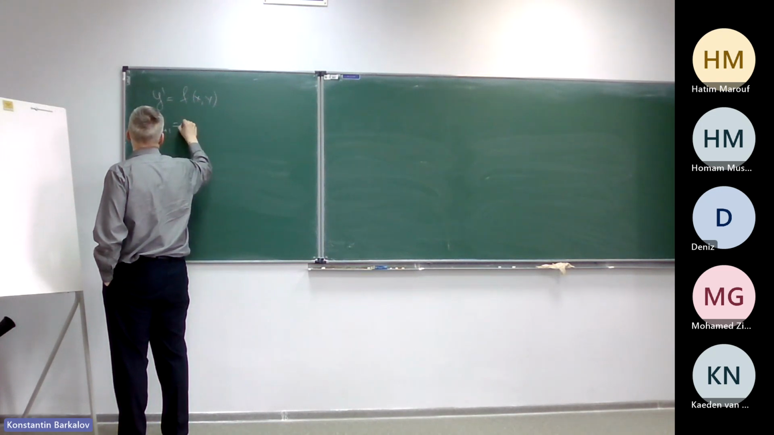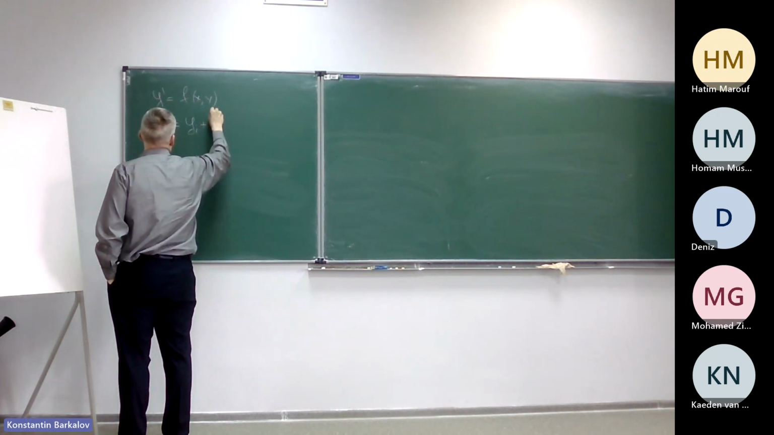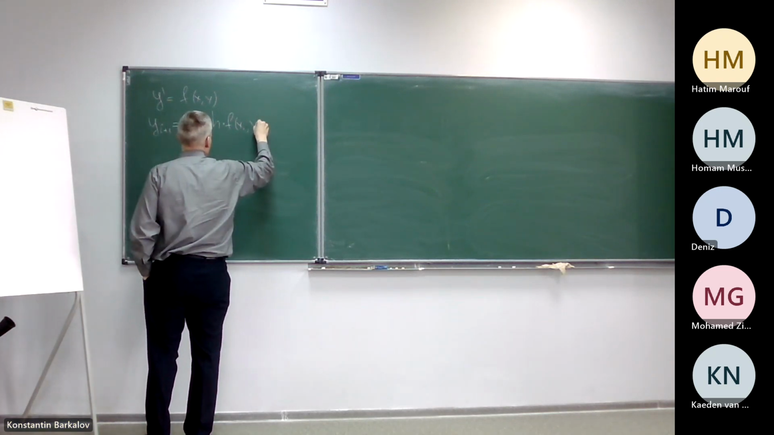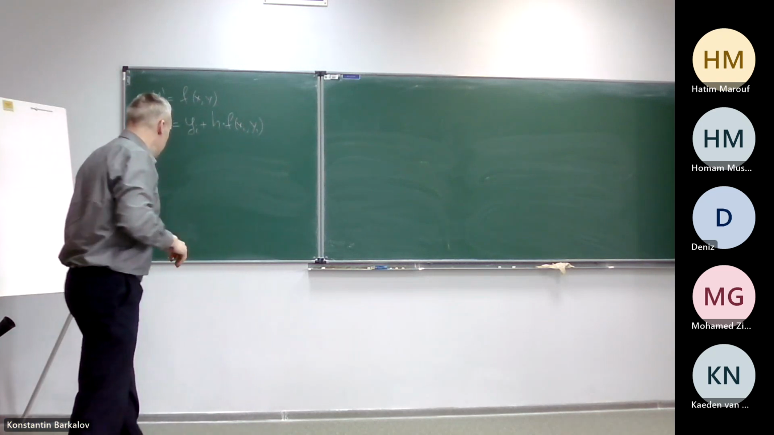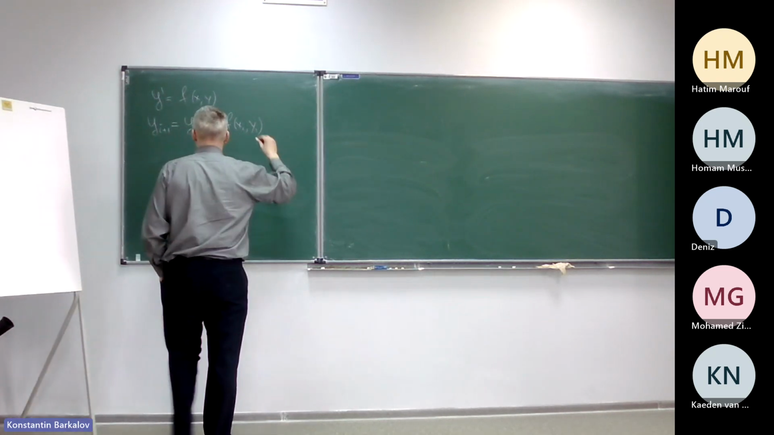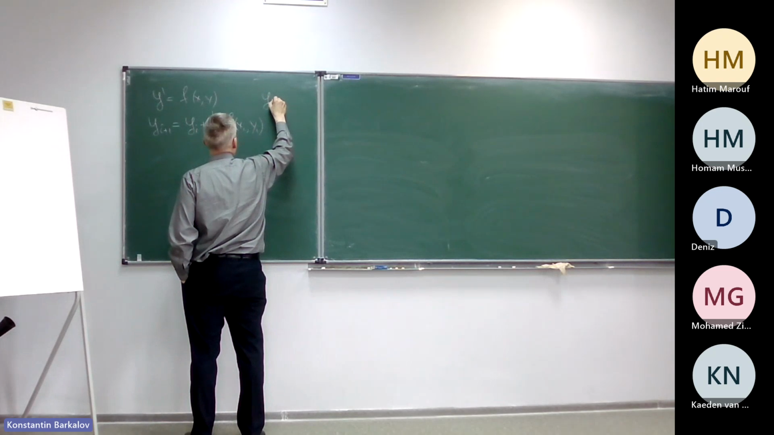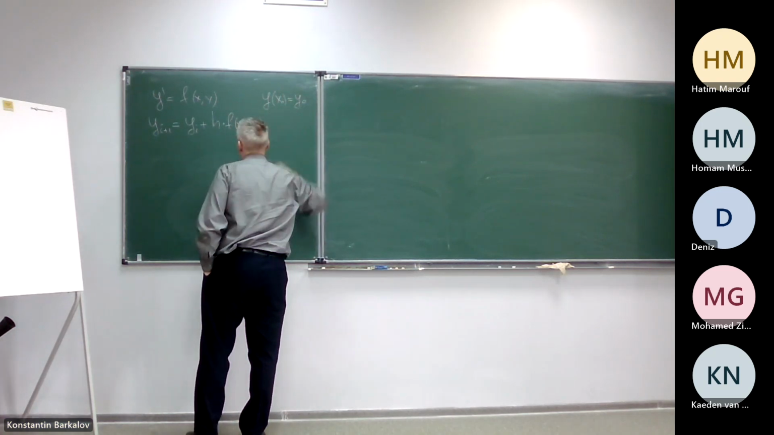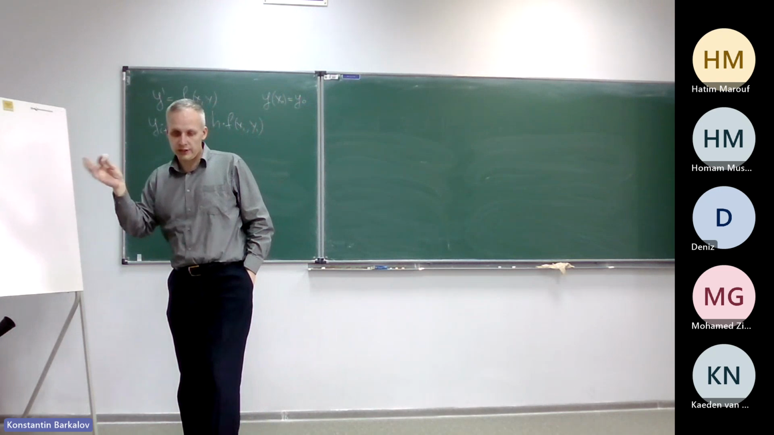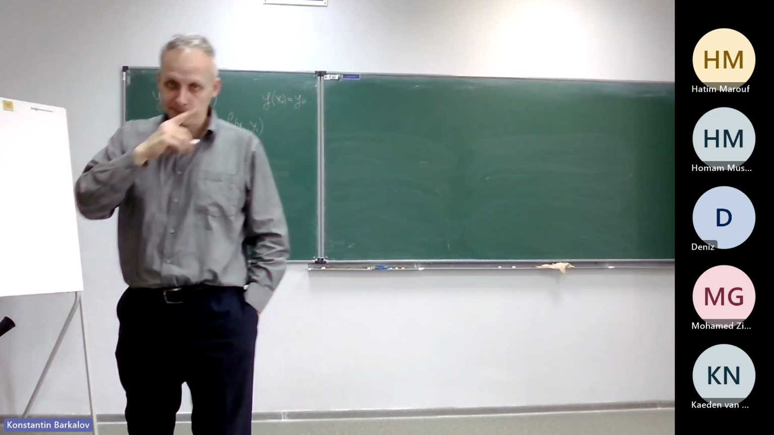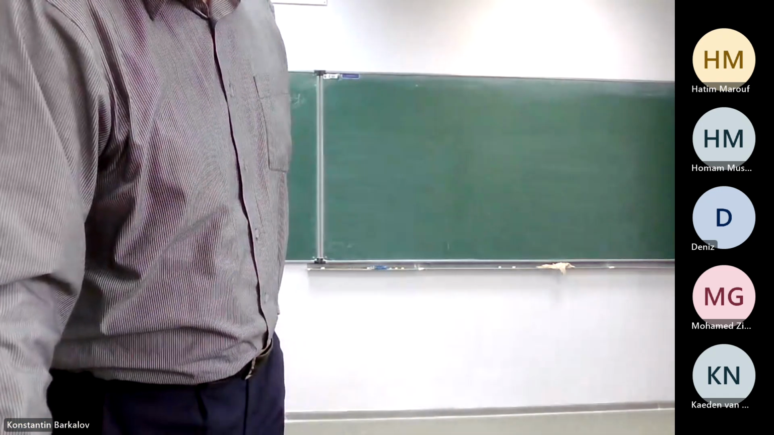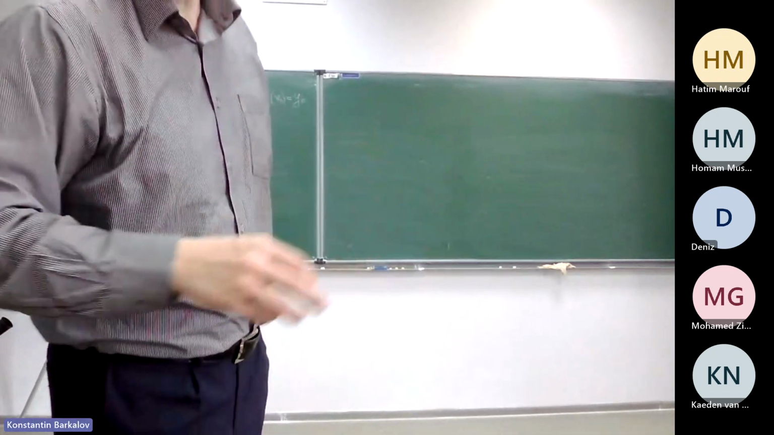yi plus 1 equals yi plus h times f of xi yi. If we know the initial point, y0 equals y of x0 equals y0, we can apply this formula and step by step find the solution. Now, let me write on the second board